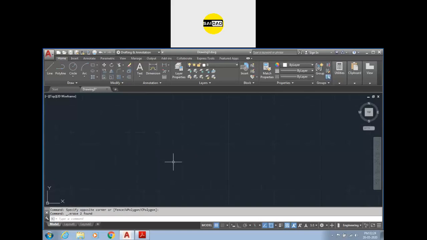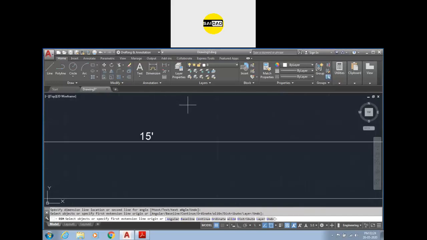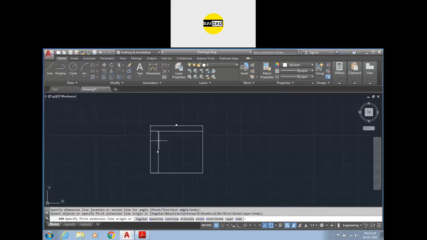So to create a drawing, suppose we have a room of size 15 feet by 12 feet. The length is 15 feet, the width is 12 feet. So I can directly create a rectangular shape, the length is 15 feet and the width is 12 feet. So we can just create the rectangle here. The value that we have given is the dimension of the inside, from inside wall to inside wall. From here to here, like that one. So this is the dimension of the inside.